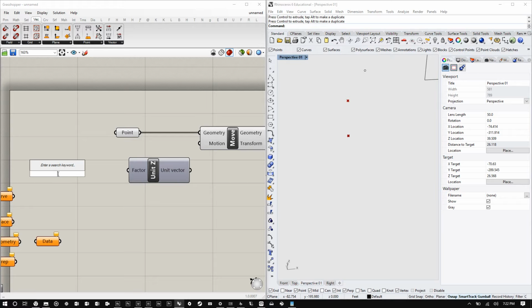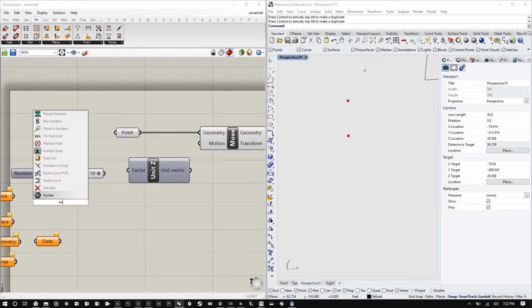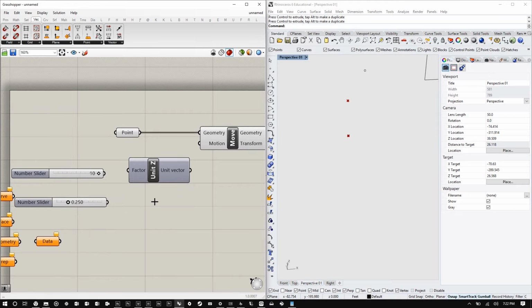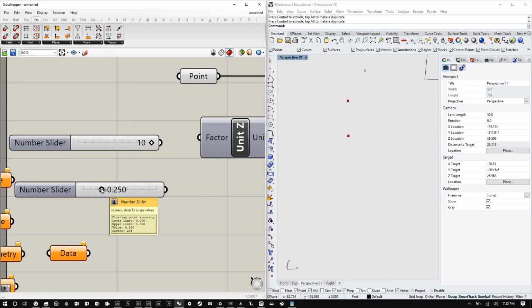And now I'm going to create a number slider, and you can create a number slider by typing in a number straight up. So double click and type in a number. Or you can create a number slider by typing in number slider. This is the slowest way to do it. When you type in number slider from the start, you'll see that it defaults between 0 and 1, and it has a bunch of decimal places in between. If you wanted to say 0, 1, 2, 3, 4, 5, 6, etc., you can change the scale of a number slider. So if you double click on the word number slider,